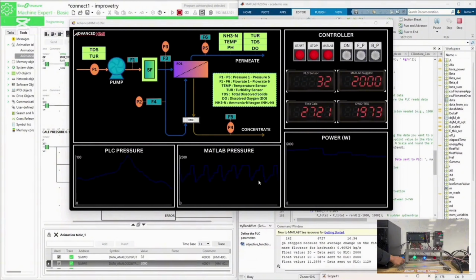So the PLC pressure depends on the sensor input and sensor output. And the system runs on a Modbus TCP/IP protocol between MATLAB and the Schneider PLC. This ensures low latency data transfer. All float values and control commands are scaled, encoded, and written to Modbus holding registers, as seen in the command window logs. For instance, a calculated pressure of 20.00 is scaled to 2000 and sent to the HMI in real time.